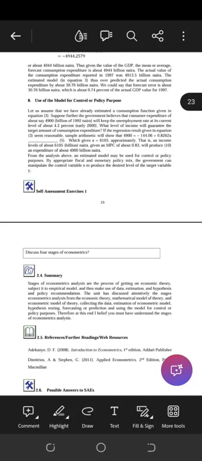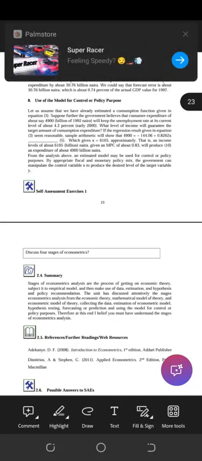So but then, if we look at it, the estimated model in equation 3 does over predict the actual consumption expenditure by about 30.76 billion naira. So since ẹ pé nǹkan tí prediction wa jẹ́ ó ju iye tí a padà rí lọ, so láti pé okay, ó over predict by about 30.76 billion naira. So we could say that the forecast error, so because error ti wà ń bẹ́ẹ̀ nìyẹn, kò jẹ́ the same thing gangan. The forecast error is about 30.76 billion naira, which is 0.7% of the actual GDP for 1997. So in fact, the forecast error was not up to 1%.